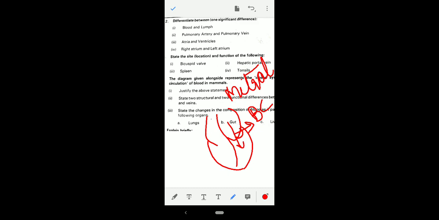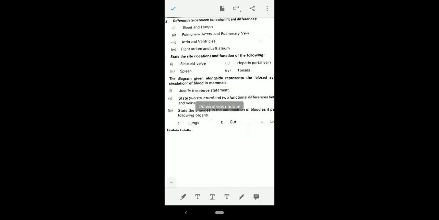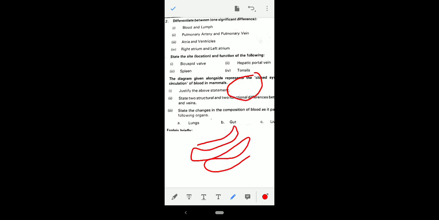left ventricle. Our next question is: what is hepatic portal vein? This we have not discussed yet, but I will discuss here. Suppose this is your liver and this is your intestine, okay, and this one is suppose your heart. Now when the food is digested in the intestine, if from here we send the blood directly to heart, whatever you have eaten, if you have eaten a high amount of protein, that will transmit to heart. If you have eaten a high amount of glucose, that will transmit. So we have to monitor before sending it to heart.